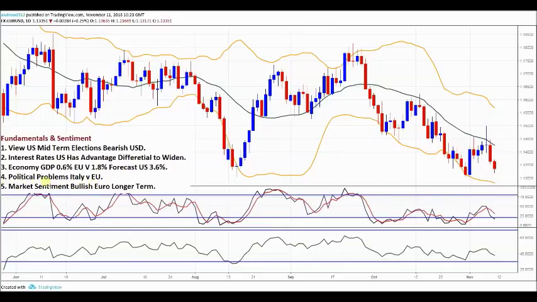Catalyst, though, for a big euro breakdown could be political problems in Italy. We know they're there. Italy has put in a budget which the EU disapproves of due to increasing debt. Italy says, that's the budget. If the Italians have a confrontation with Brussels, they're already in confrontation with Brussels, then basically you could get a crisis because Italian debt will become more expensive. And that's really serious in a country that is so indebted as Italy, which is the 4th largest economy in